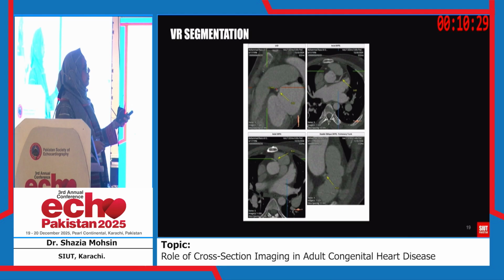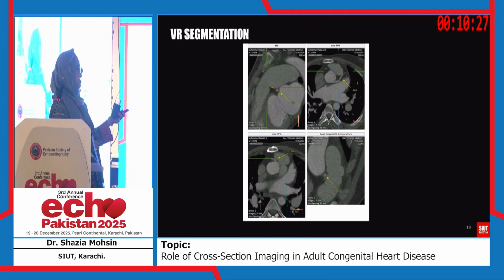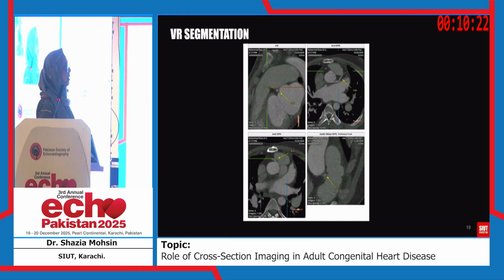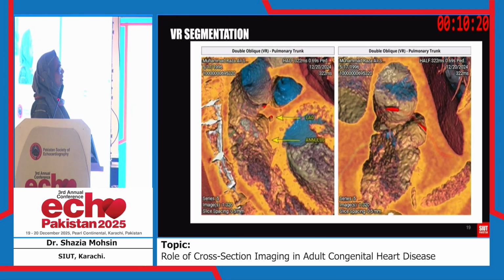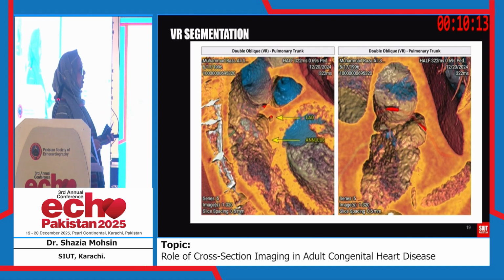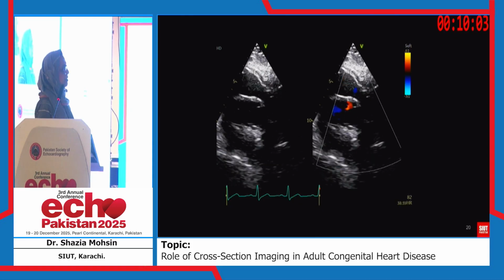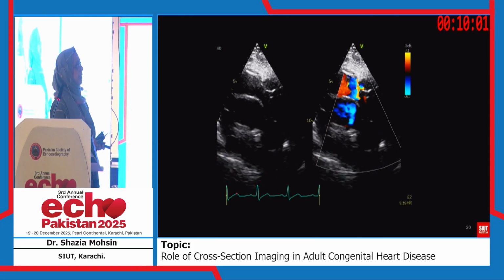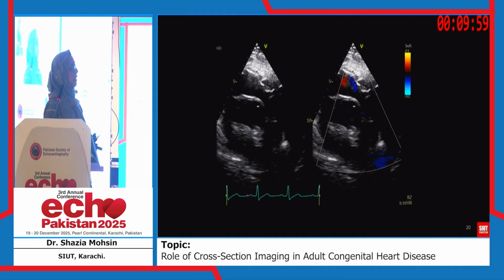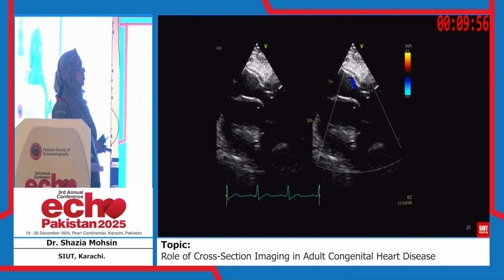The CT also helped us identify where the coronary artery, the one marked in right, is, and whether it is close to the pulmonic valve or not. We also did virtual reality reconstruction in which we can actually split the heart and look at the heart from inside, and we can see that the LAD was a little far from the annulus and the pulmonic valve could be tried. So we placed the pulmonic valve based on this, and this is the result after the pulmonic valve replacement. There was no paravalvular leak and there was no stenosis as well.